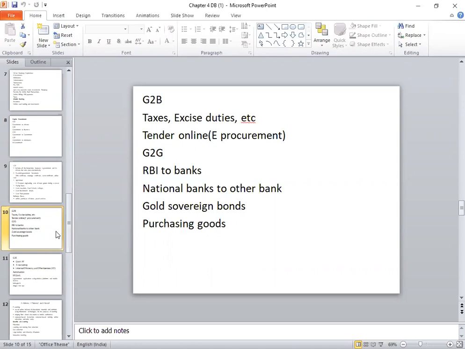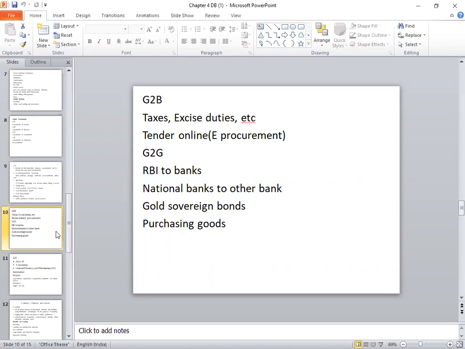So here, even in case of tendering process, one government organization invites bids from the other government institutions. So in that case also, e-procurement, that is between G to G. Now, government had issued the gold sovereign bonds, isn't it? RBI is the controller. But here, many of the other banks came up with this offer. Though it was for the masses, it was controlled by RBI. So again, the communication between the government agencies and the nationalized banks,